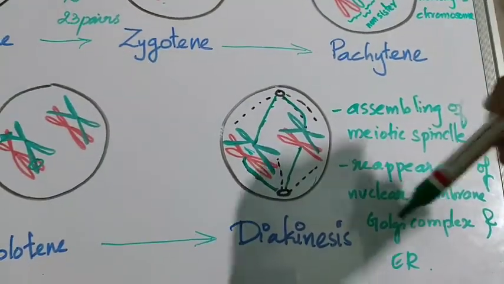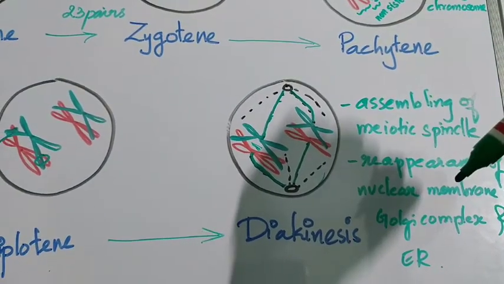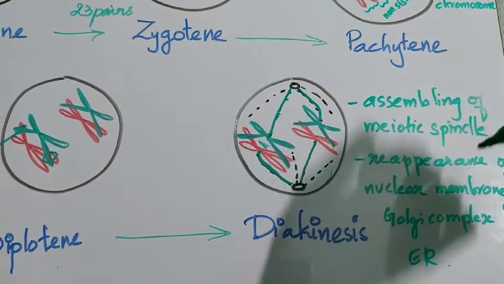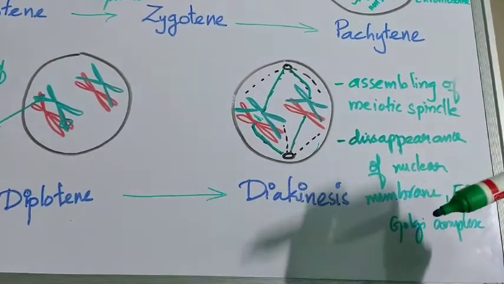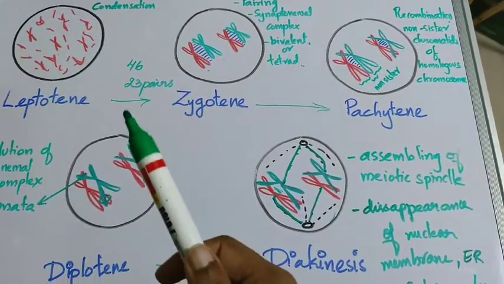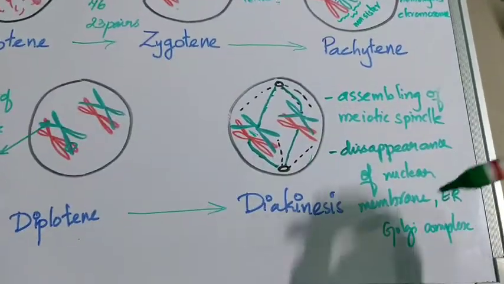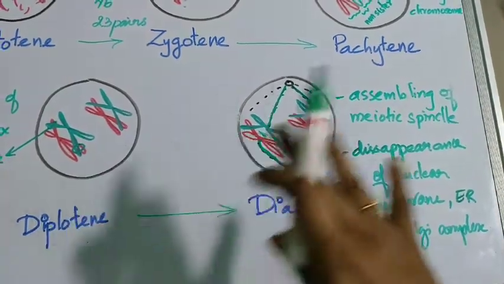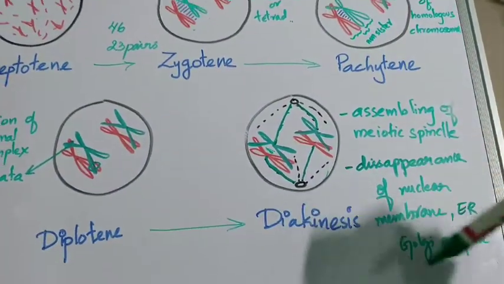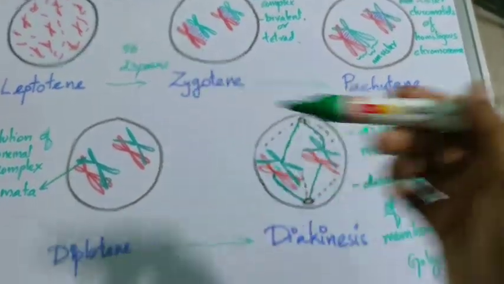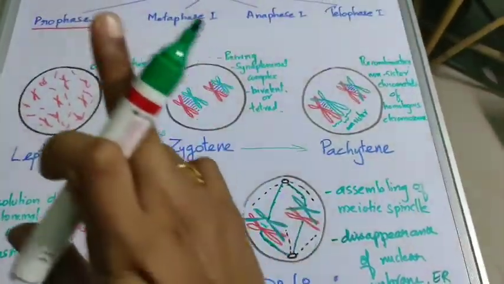ഇനി എന്താ സംഭവിക്കുന്നതെന്ന് വെച്ചാൽ, സിൻസ് ഇറ്റ് ഈസ് ദ എൻഡ് ഓഫ് പ്രോഫേസ് 1, the nuclear membrane start reappearing. Okay, the nucleolus and the nuclear membrane, everything start reappearing. Finally what happens is the disappearance of nuclear membrane, the dissolution of Golgi complex and endoplasmic reticulum which had started during the leptotene is finally complete by diakinesis. Completely they have disappeared. ഞാൻ ഇവിടെ nuclear membrane ഒന്നും കാണിച്ചിട്ടില്ല because it becomes much more difficult. പക്ഷേ ഇവിടെ that has happened. Okay, it had started disappearing and it has finally disappeared by the end of diakinesis. So with diakinesis, prophase 1 is finished.